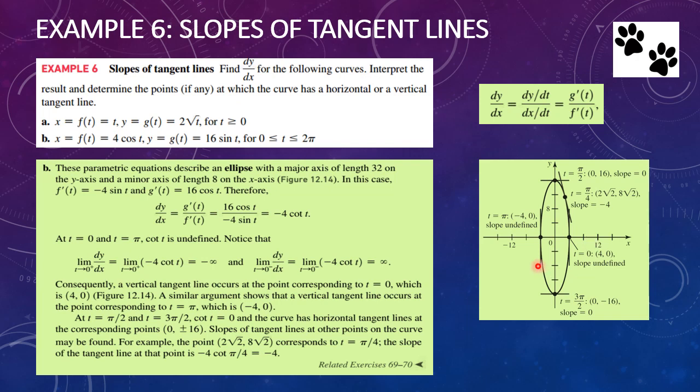the x-axis. In this case, the derivative of x, dx/dt, is negative 4 sine t, and the derivative of y with respect to t is positive 16 cosine t, right? Therefore, when we plug them into the fraction, we get 16 cosine t over negative 4 sine t, which is equal to negative 4 cotangent t. I actually think it's easier to figure out the horizontal and vertical tangent lines by using the fraction here than